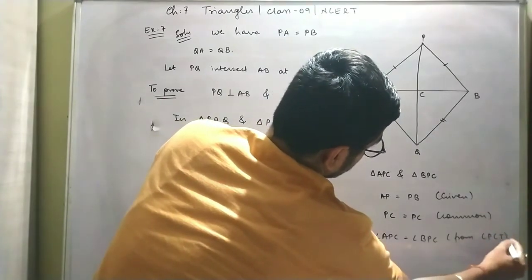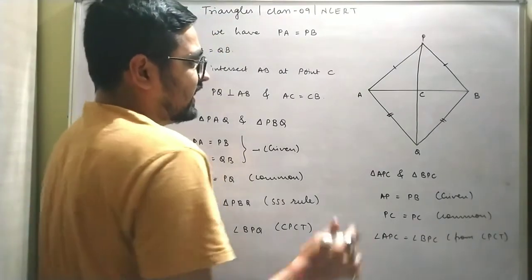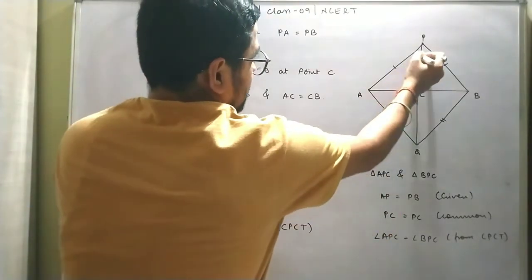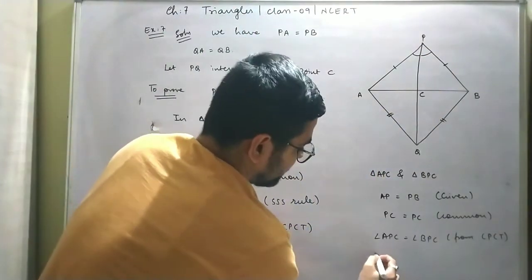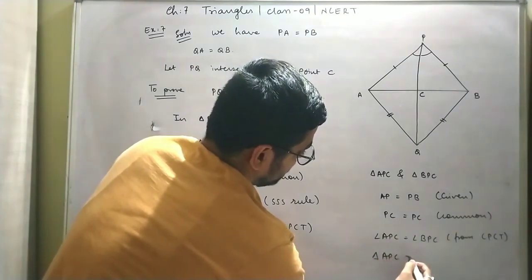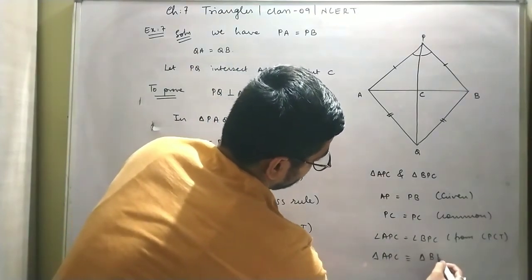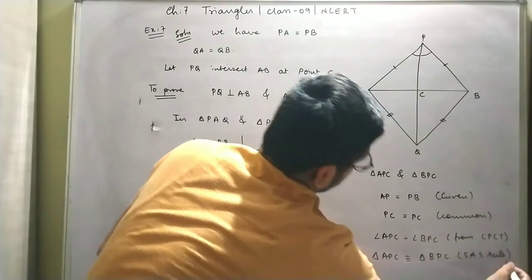We wrote this from CPCT. Now once I get to know this equal, let us patiently see what is happening. Side, angle and side. So by which criteria this becomes APC congruent to BPC by SAS rule, side angle side